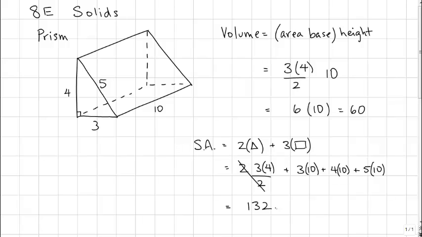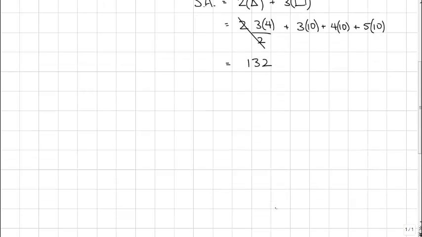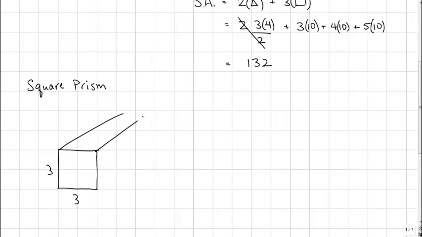Alright, so let's take a look at a different prism just to see how things work. This is going to be an example of a square prism. And a square prism means it has a square base. So we've got a square, and let's make the square of edge length 3. And then we have a height, which again is just the distance between the two bases. So if the height of this is 5,